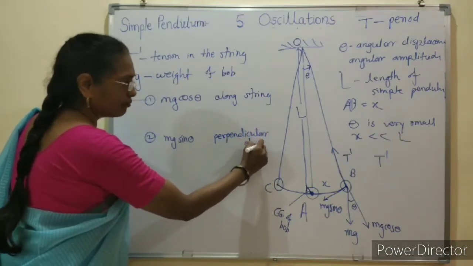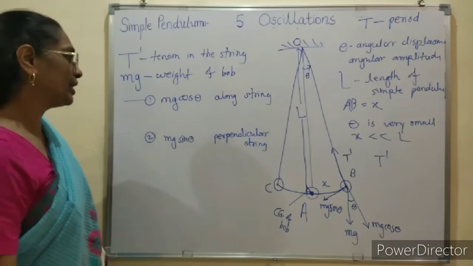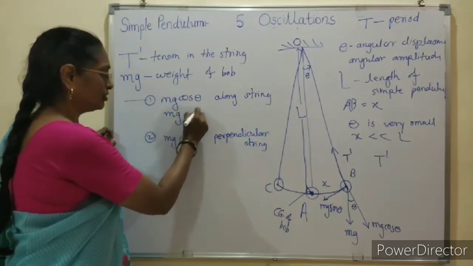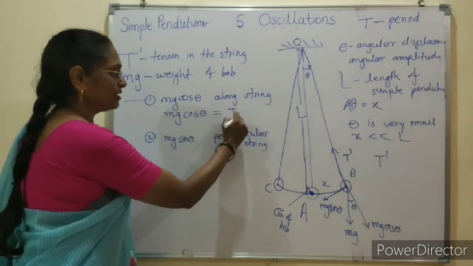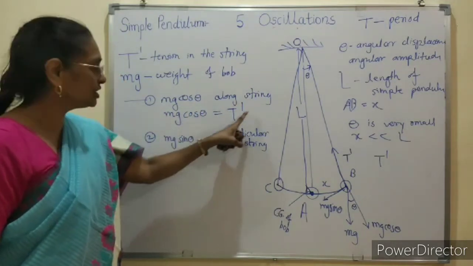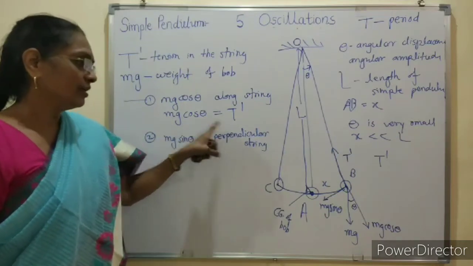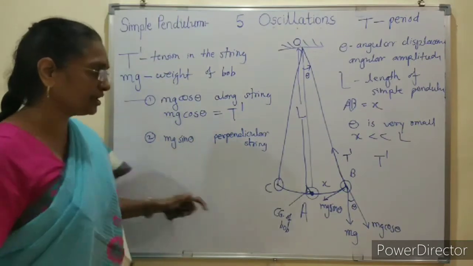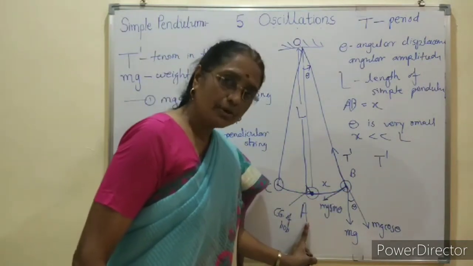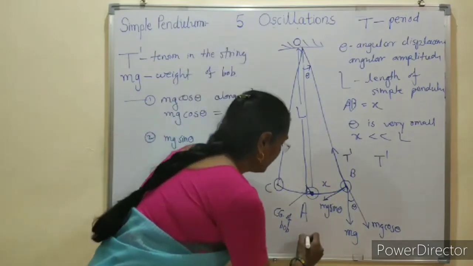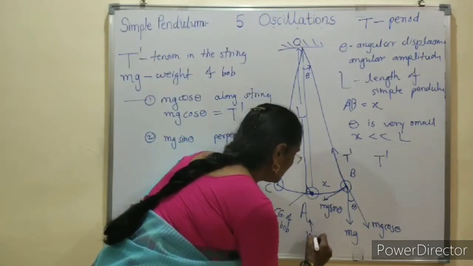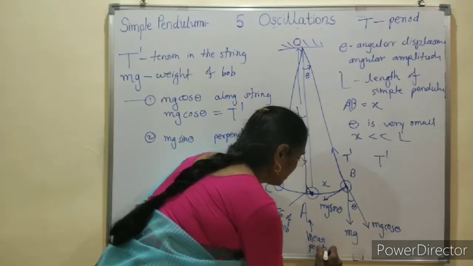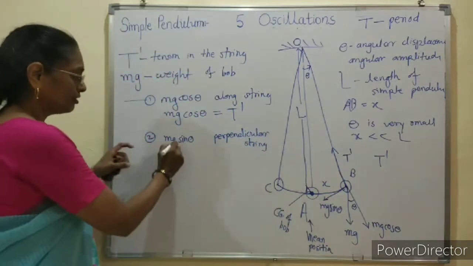Simple points which we have taken in rotational dynamics for the resolution. mg cos theta is balanced by tension T dash in the figure, and mg sin theta is directed towards the equilibrium position or mean position. Here A is the mean position of the S.H.M. So mg sin theta restores